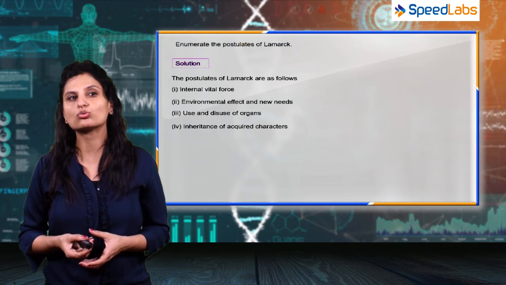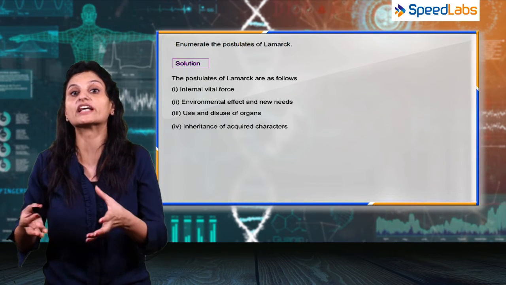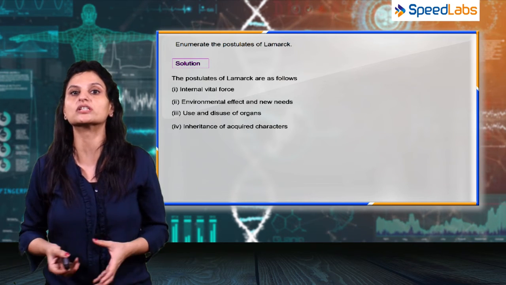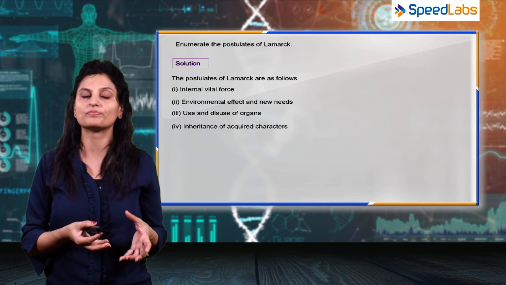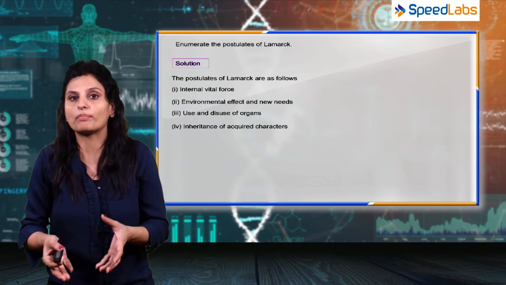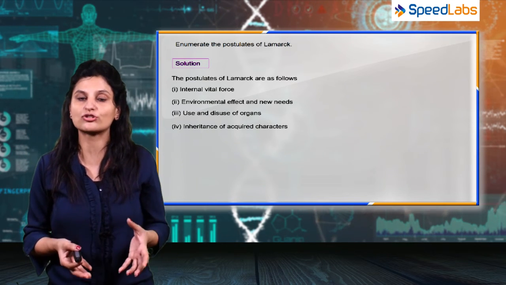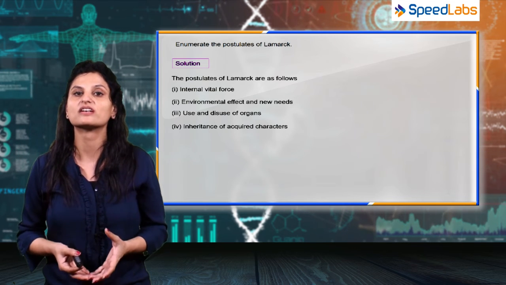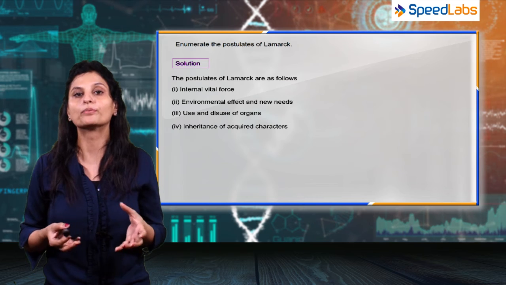One of the scientists who had given a blow to Lamarck's theory was August Weismann, who cut the tail of mice for approximately 20 generations and never ever was a tailless mouse born. So he said that since absence of tails, or cutting the tail, was an acquired character, it did not pass on from one generation to the other. Similarly, the long neck of giraffe shouldn't pass on from one generation to the other. Hence, this theory had certain drawbacks and was not approved totally.